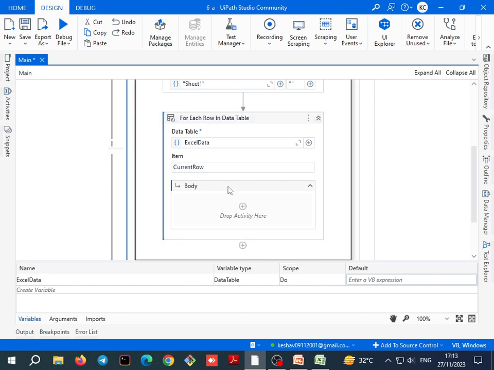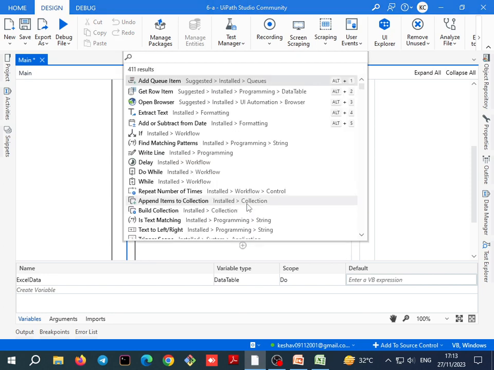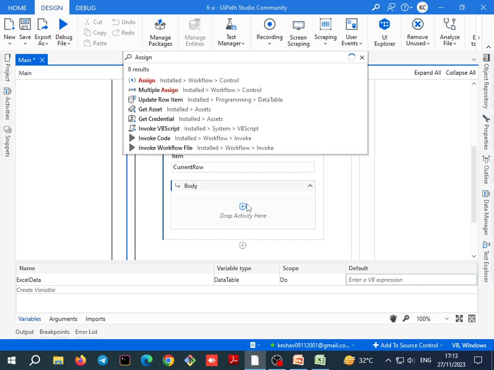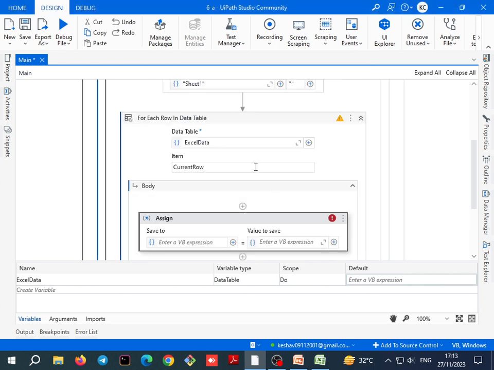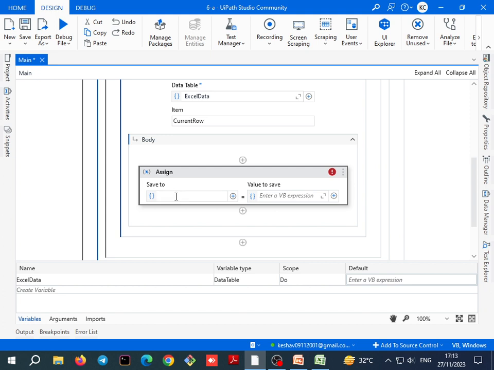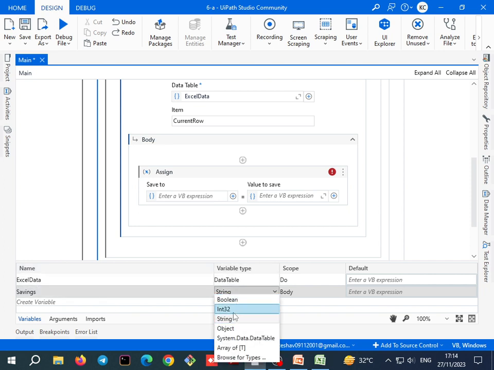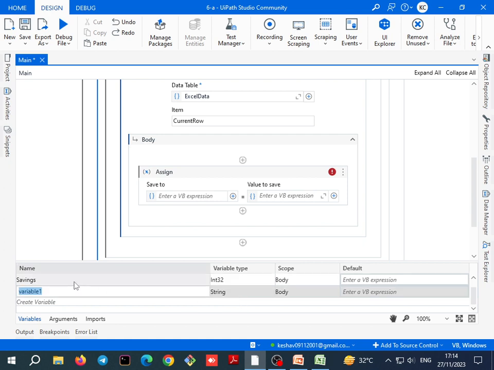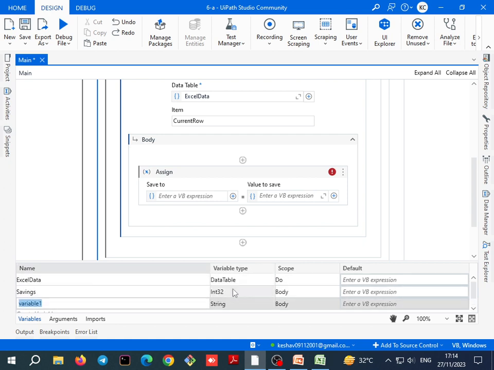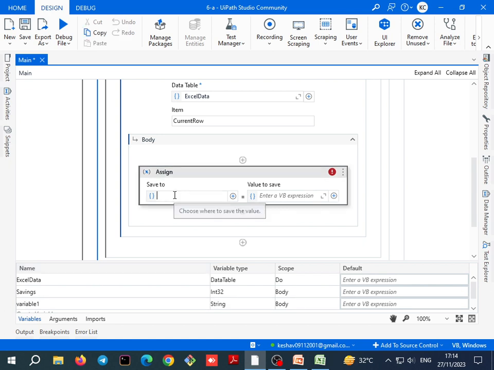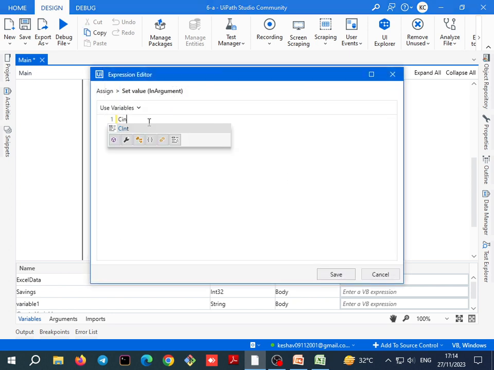Now inside the body of this for each row in data table, take one assign activity, so this one, and for this, the save to, we have to create a variable. So click here, create variable, and create a variable called savings and give the variable type as Int32. Now enter your variable name here. Inside the value to save, click here and write CInt(current row